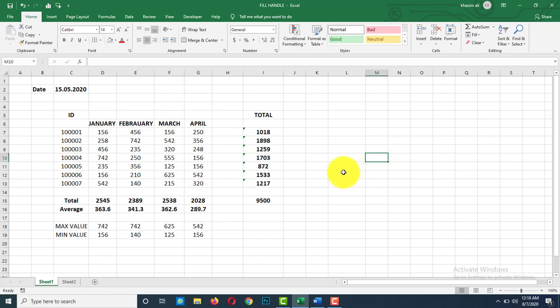The second method of moving the text is cut and paste commands. Here you can use cut and paste commands in three ways. We will see the first one. Select the cells which you want to move. For example, I am selecting D6 to G6. Click on the cut icon located on the Home tab in the Clipboard group. See here, the cut icon is there. Click on this cut icon.